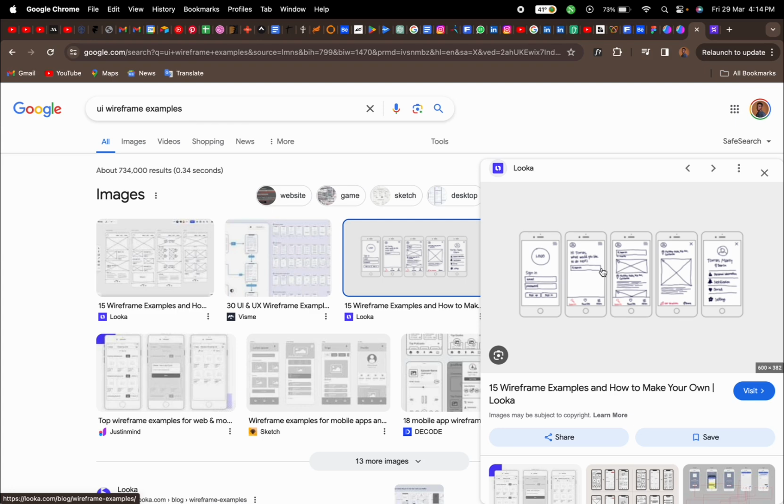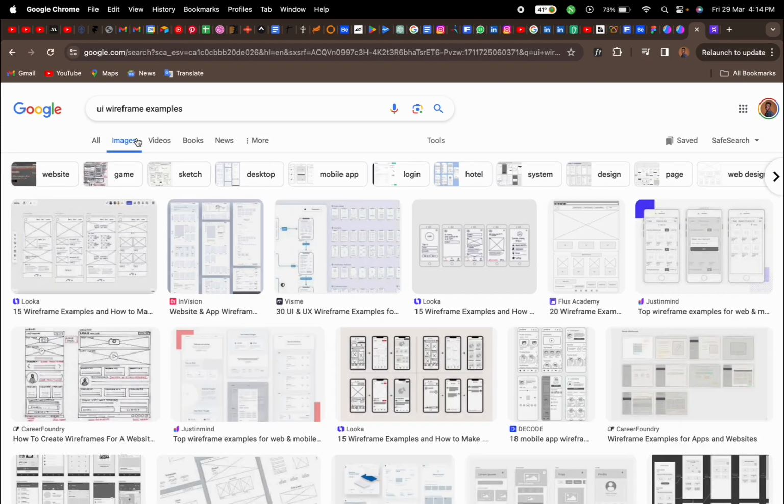A lot of people can use iPads, a lot of people can use FigJam to design wireframes. FigJam is also a product of Figma, so you can design low fidelity wireframes there. Also, before you do this wireframe, the first thing you need to have is a user flow. I said in our previous class that user flows are basically